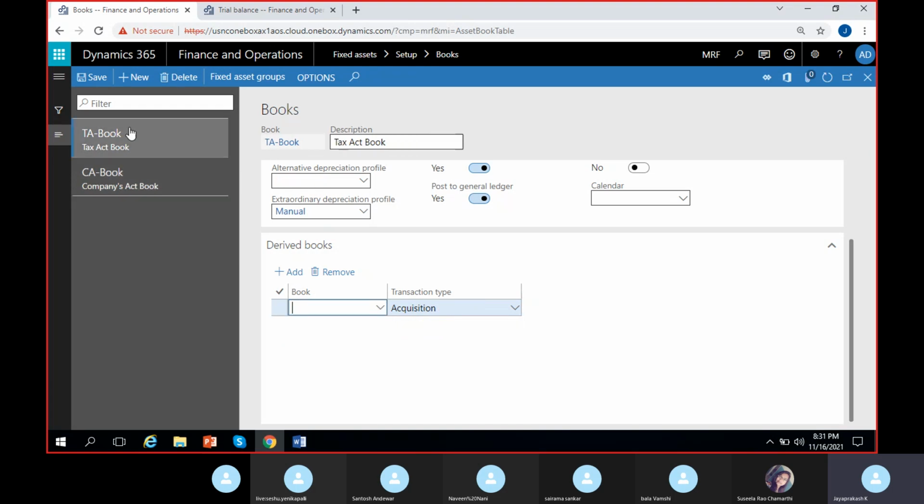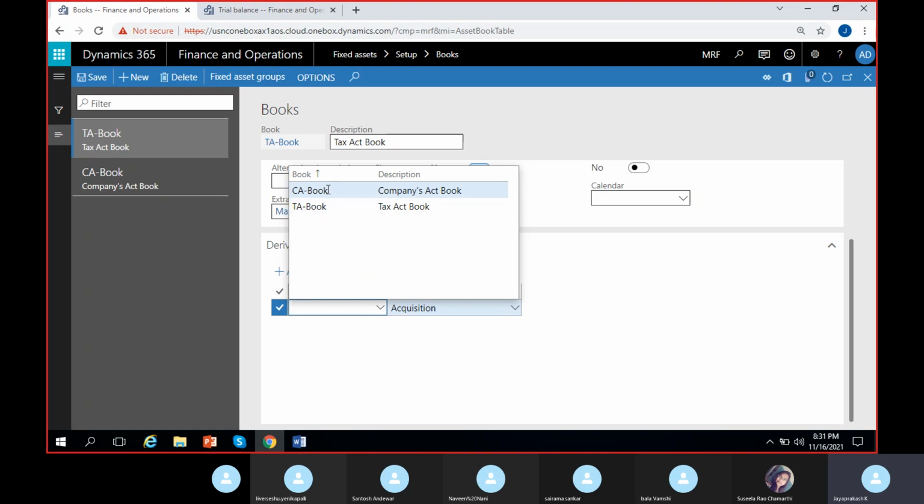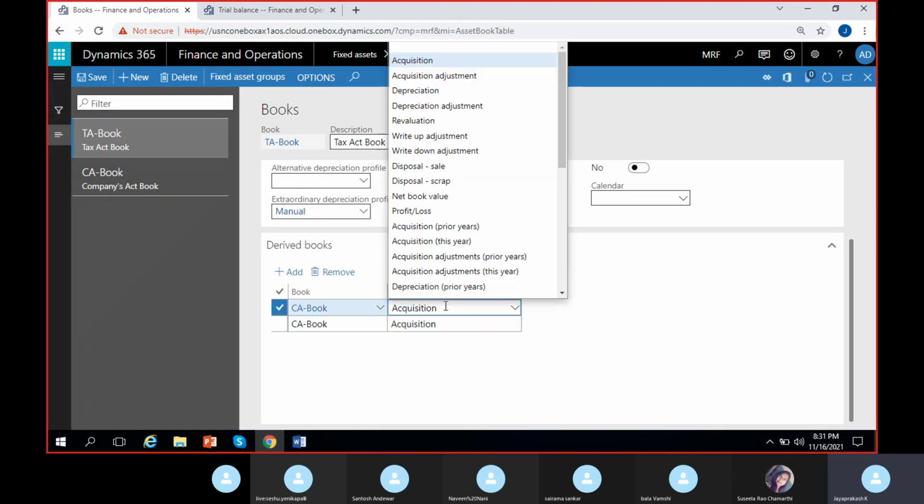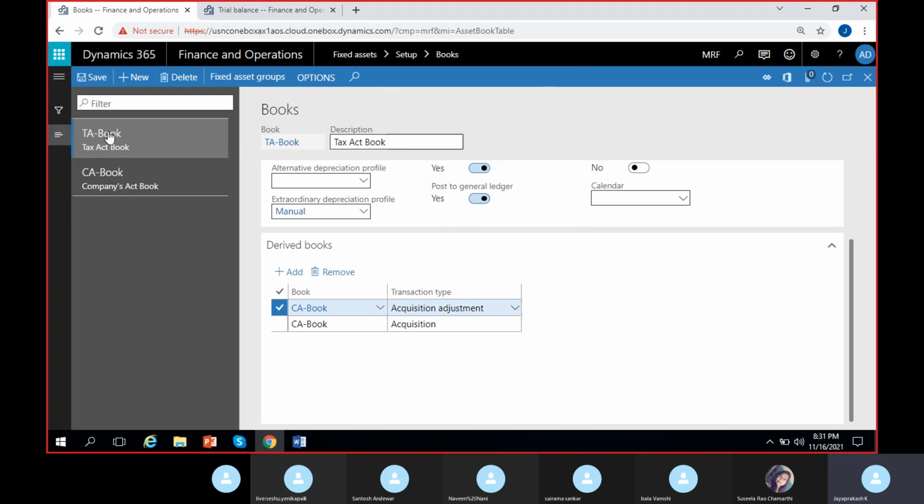But if you do anything in the tax layer, it will not get posted in the Companies Act book. Or if you do anything in the Tax Act book, it will not post it in the Companies Act book. If you want that to happen, you can link it here. Companies Act book can be linked here. Both the books can be linked in the opposite way. In this way. Depreciation I am not linking because